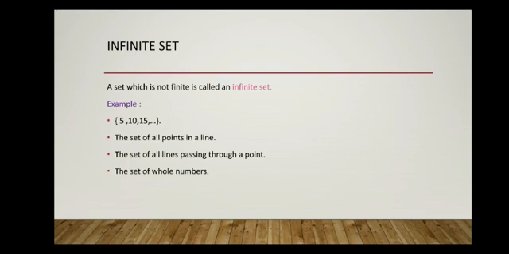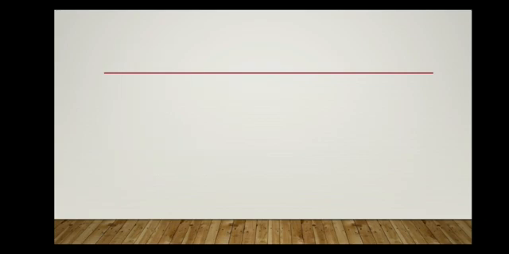To see the other types of sets, we should know what are cardinal numbers. So first we will take a set like this. A is equal to {1, 2, 3, 4}. How many elements does this set A have? There are 4 elements in this set. So the number of elements in A is equal to 4.